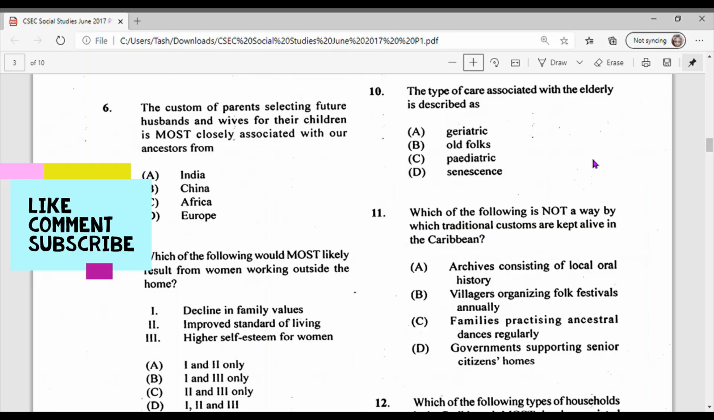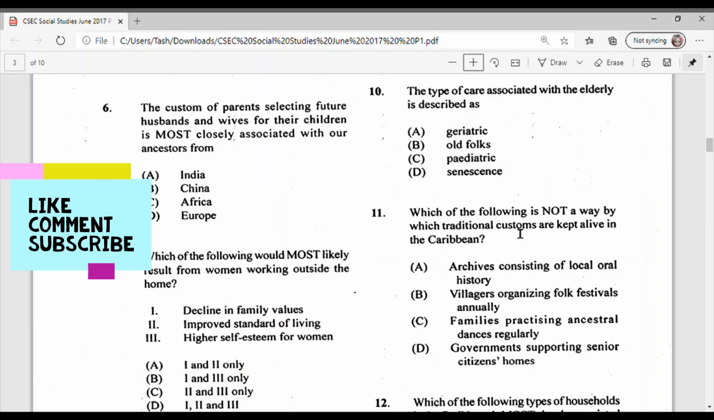I already did a video on that explaining multiple choice tips and how you can ensure that you get the best mark. I will drop that in the top section for you, so you can pay specific attention to it, watch that video, and it will help you in your multiple choice exam. So for this one, which of the following is not a way by which traditional customs are kept